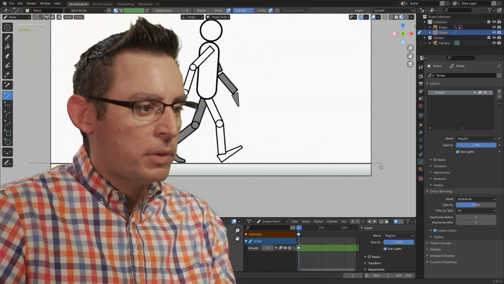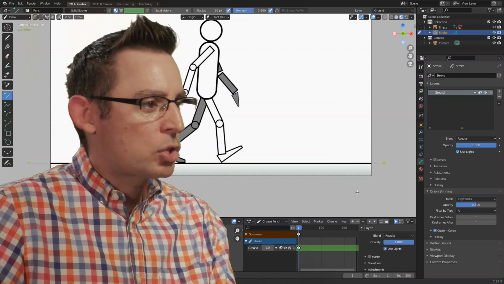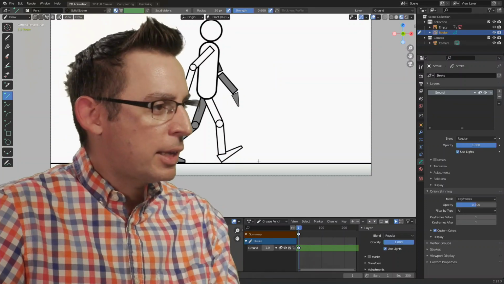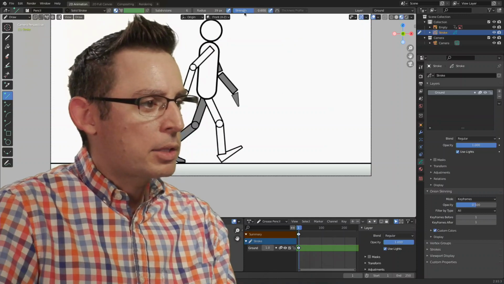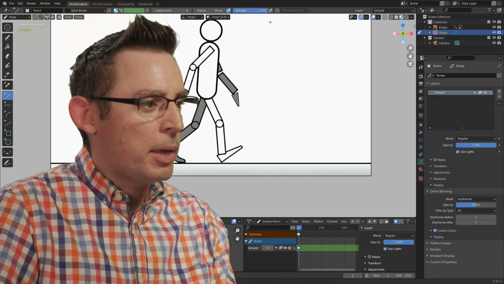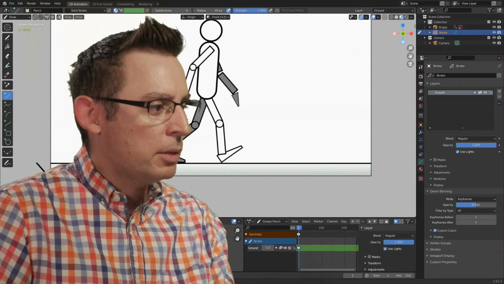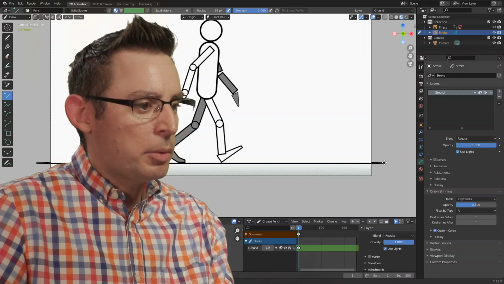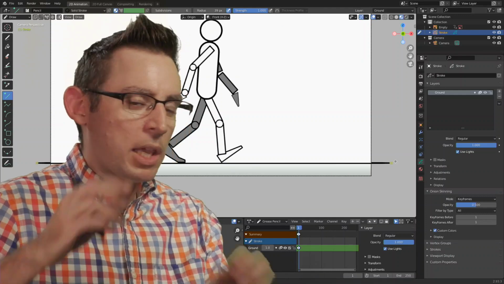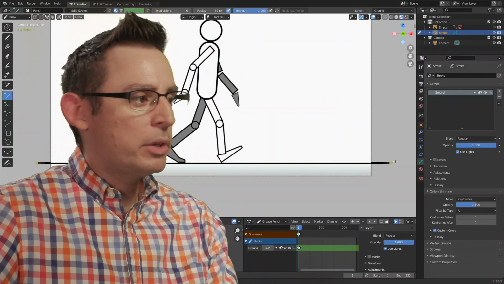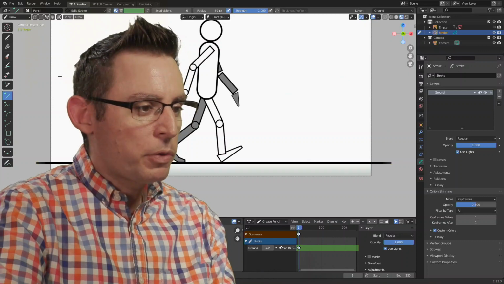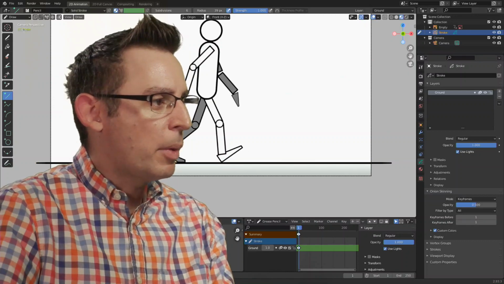I'm going to hold down the shift key and drag out a straight line. Now I don't like the size of the radius, so let's make this a little bit bigger. And I certainly don't like the color. I want to make it a strength of 100%. Yeah, that's a little bit better. If you hold down the shift key while you're dragging out a stroke, it's going to constrain it to a perfectly horizontal line. And then don't forget to hit the return key to confirm it.